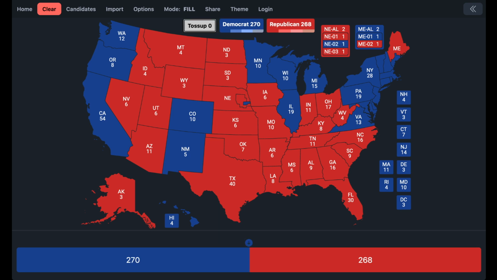Now, it is possible Trump could win here, but it's more likely that Biden wins here. I would say it's like a 70% chance that Biden wins Nebraska second. I would be very surprised to see him lose it. But in this scenario, let's just hypothetically say that 30% chance happens, or they successfully change the rules of Nebraska to go to winner take all again.